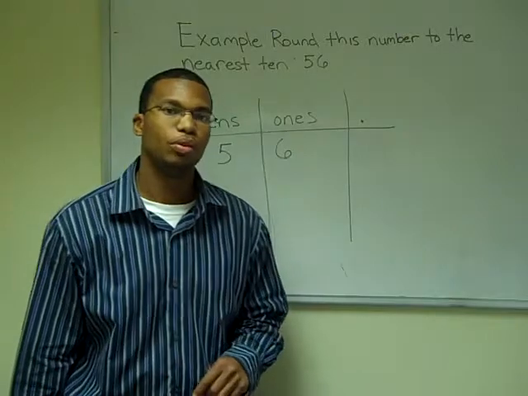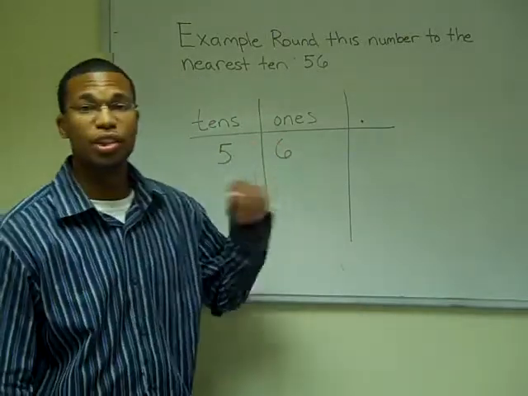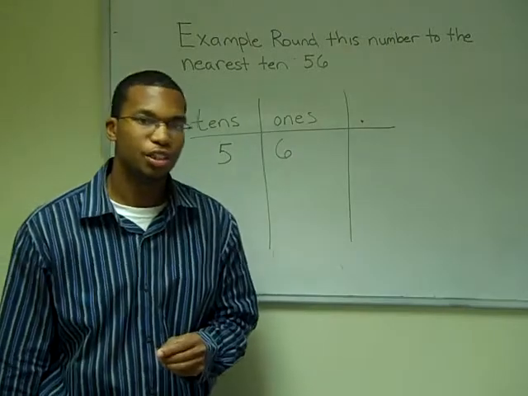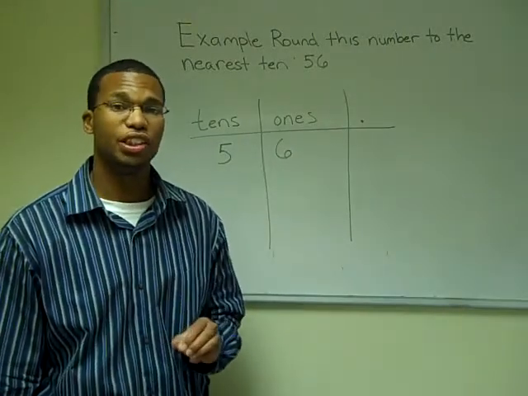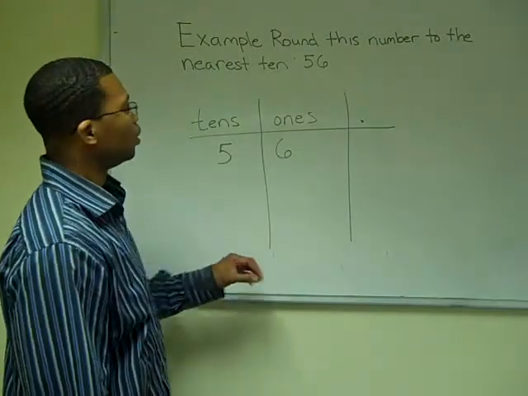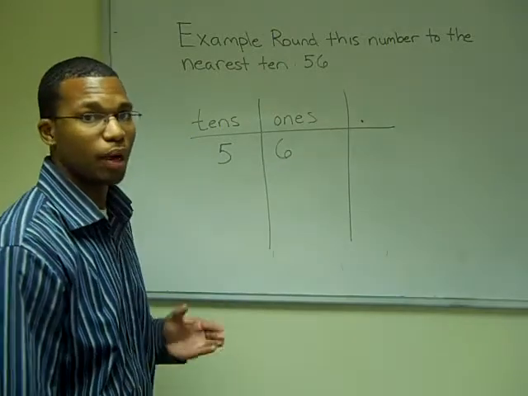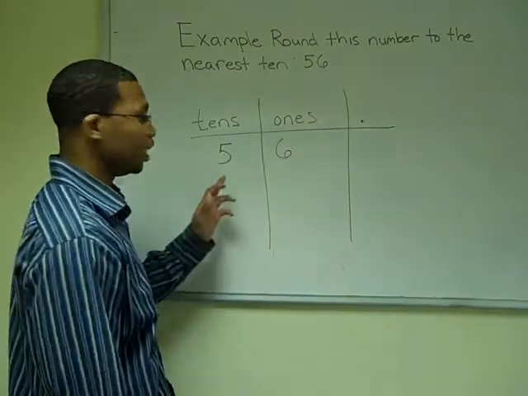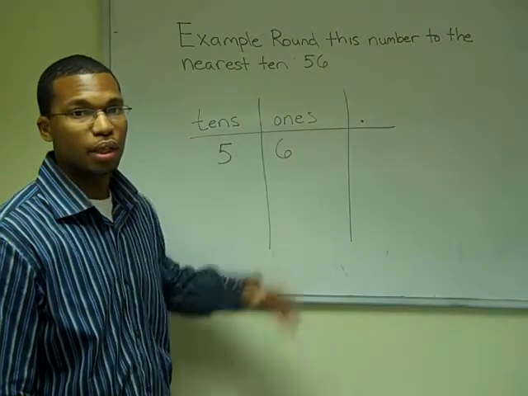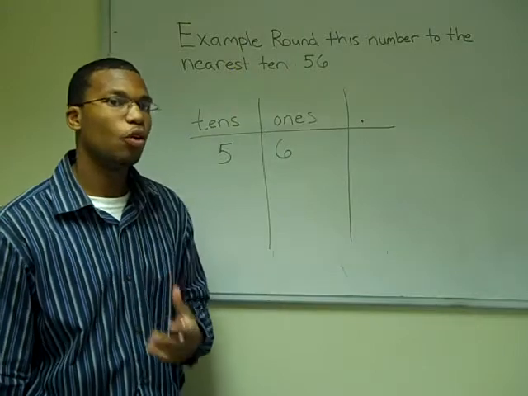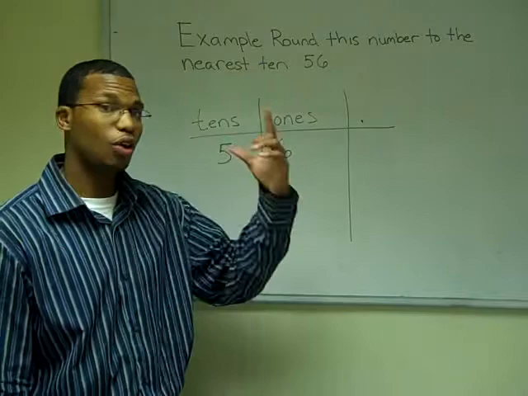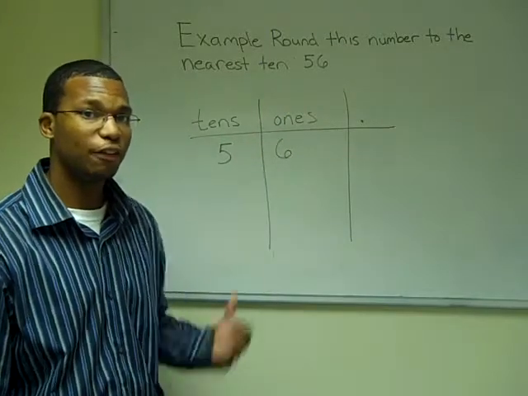So in this example, we're asked to round the number to the nearest 10, and the number is 56. So the first thing to do is to look at the place value representation of each of the digits in 56. Notice that the problem asks that we round to the nearest 10. Well, the digit immediately right to the tens is the ones, which is a 6. Because 6 is greater than the number 4, then we can conclude that this whole number is going to go up. So the rounded answer of 56